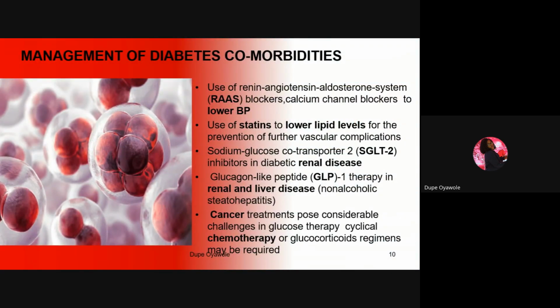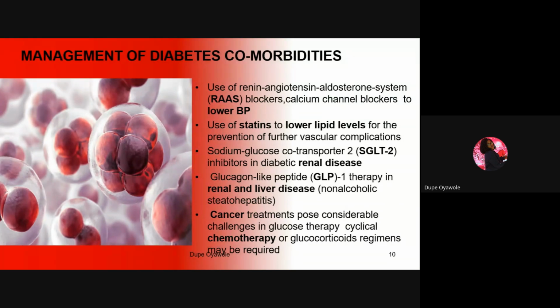So, like I said, the comorbidities in blacks, management, RAS, calcium channel blockers, among others. And then for the dyslipidemia, statins, and for ones that have comorbidity of renal disease, SGLT2 will come in place, though it also depends on the eGFR that you're looking at. If the eGFR is really low, like 15, like 20,